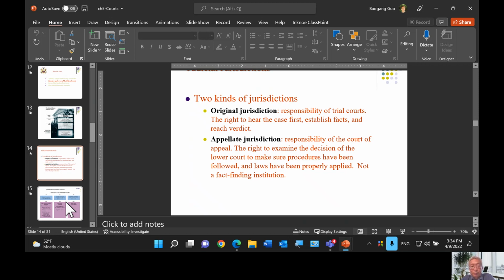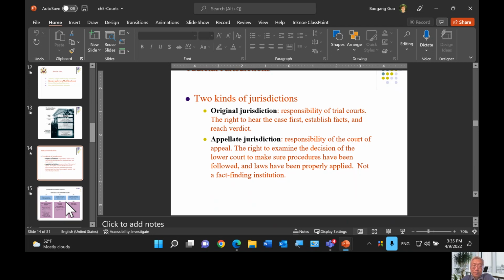So the main difference between the appellate court and the original federal district trial court is that the appellate court focuses primarily on procedural issues: whether or not the plaintiff or defendant had a fair trial, or whether their due process of law was violated, if they were given a chance to prepare for their cases. So a case can be thrown out of court simply because of legality issues, because of a procedural violation.